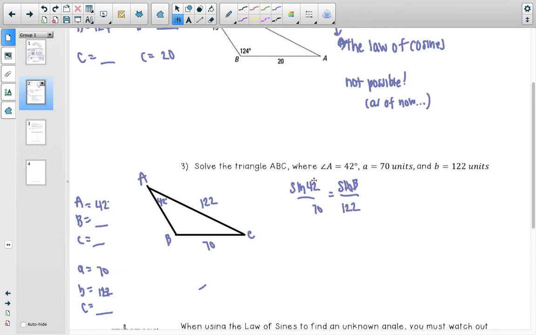Okay, so we're going to cross multiply. You will always cross multiply when you have a fraction equal to a fraction. And this is what we get. Now, we haven't done a lot with solving for the angle, but you've done it in the past, okay? So it's a little different approach. Keep that in mind. You definitely need a calculator for this. You're going to divide 70 over